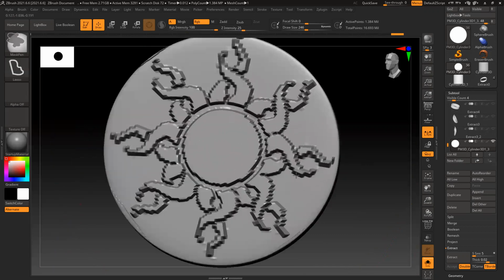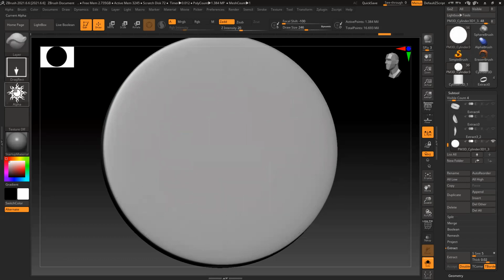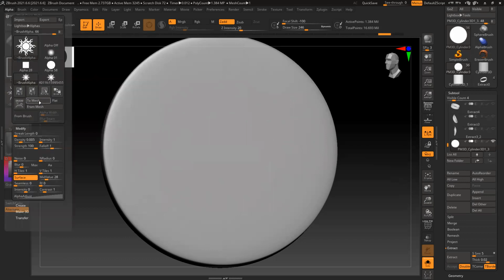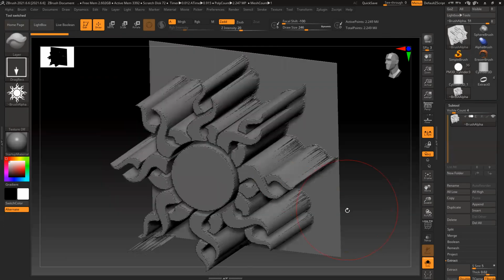Like this, I can generate this design very easily on this model directly. But what if I want to create this shape in 3D, without a separate model? There's a very easy shortcut. Make sure you have this alpha, go to alpha, there's something called tool mesh. The moment you click, you convert that alpha into geometry.